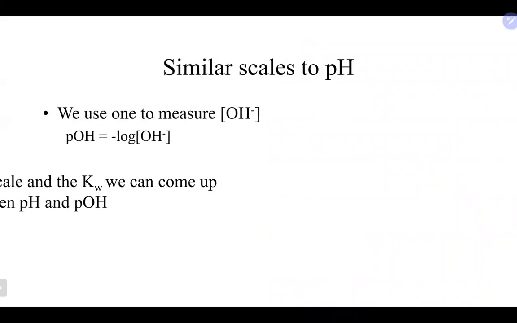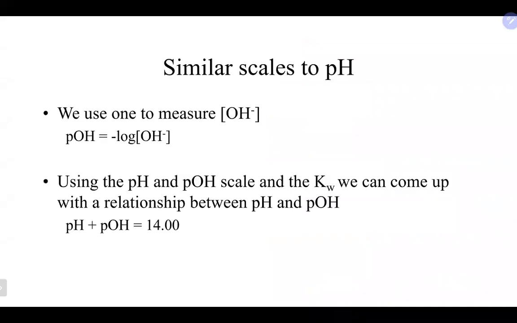So as we talked about a second ago, there are some similar scales to pH, which is like the pOH scale. And again, as I mentioned, it does run opposite of the pH scale. And the nice relationship there is that the pH plus the pOH equals 14. So if we add up all of our important equations up to this point,